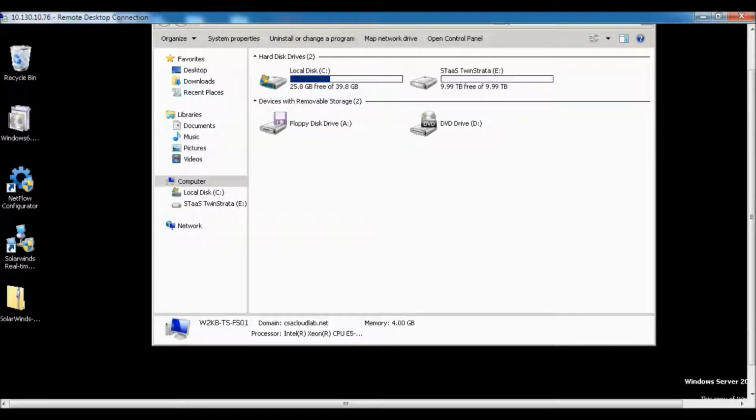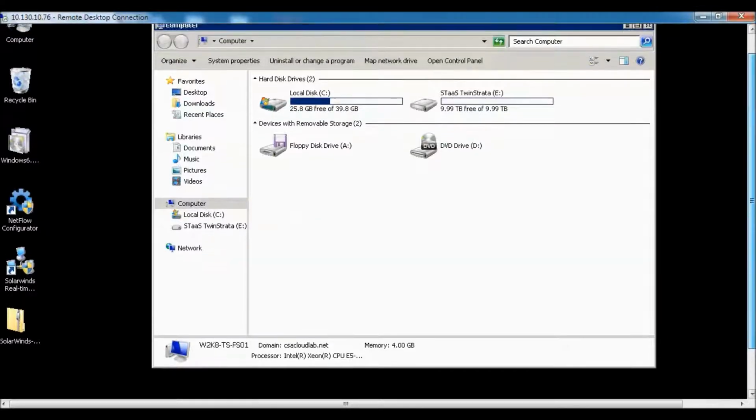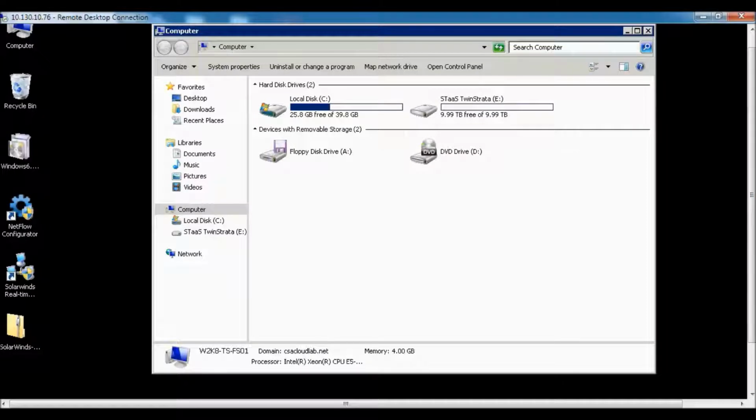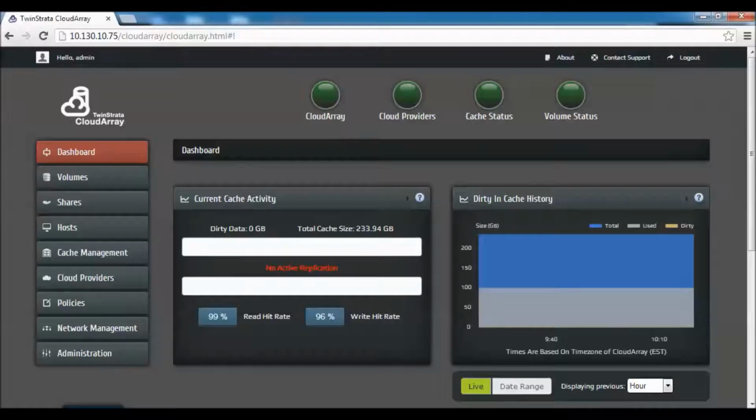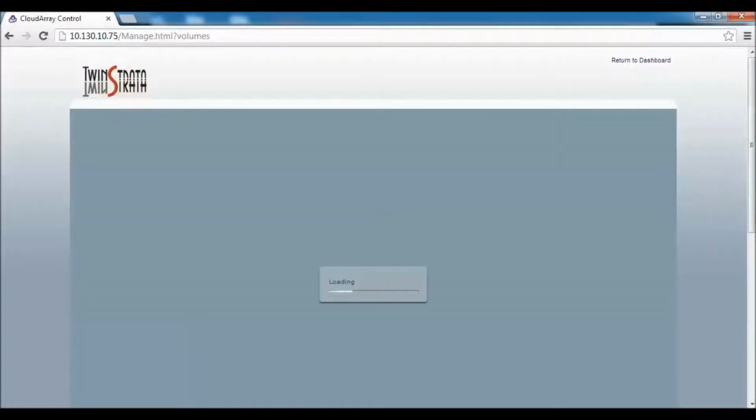All right, so I'm going to show a file server that I've created an iSCSI connection from to the TwinStrata, which is then connected to STAS. This shows a 10 terabyte STAS volume that I was able to create using TwinStrata. So I went into the volumes page,